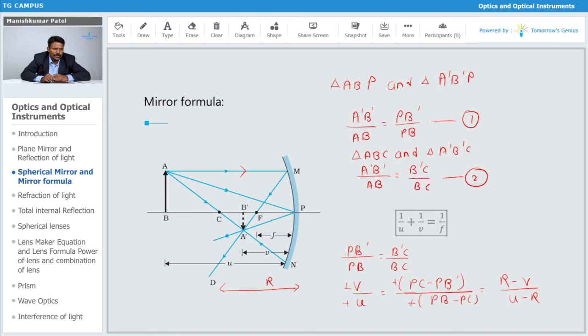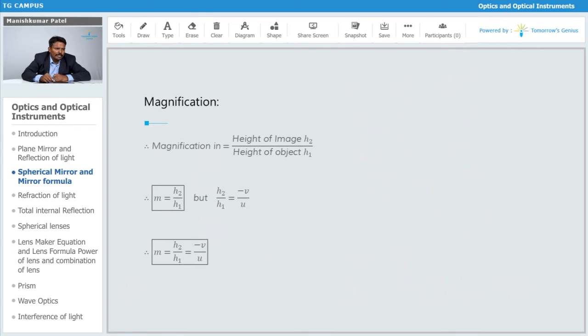Simple, again you can write it down over here also, that is a'b' upon ab, considering these two triangles. Definitely we have to talk in terms of their distances also. So for a'b', that distance is v and this distance is u. This is how we can write it. So from this equation, a'b' I have written as h2 upon h1, and the same thing applies there, which is v upon u.